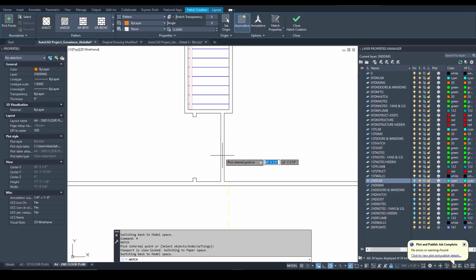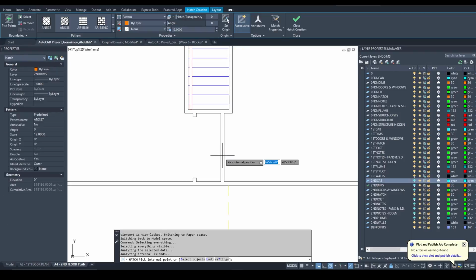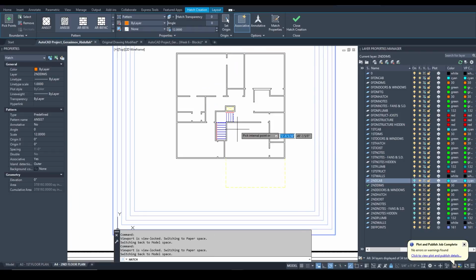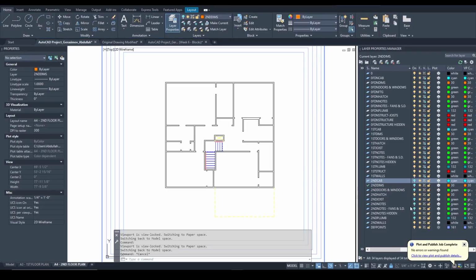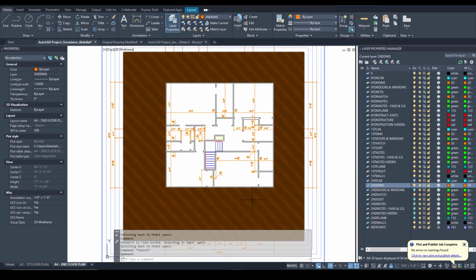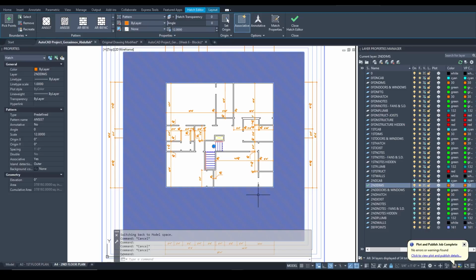H for hatch. Try to put it in the cavity, and if you don't see it, then most likely the cavity is incomplete, or you might be putting it on the wrong layer. Like in my case, the layer I'm working is second dim, which is incorrect. So I'm going to turn on that layer, and you can see that my hatch went